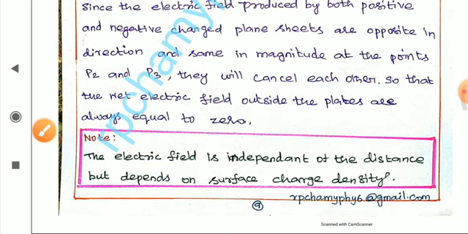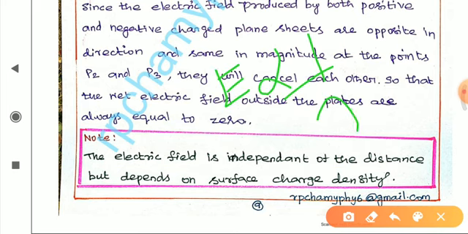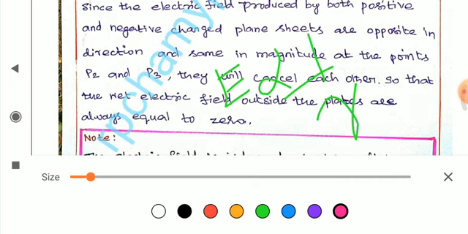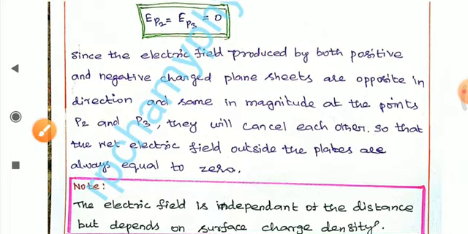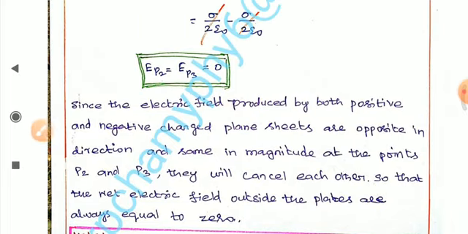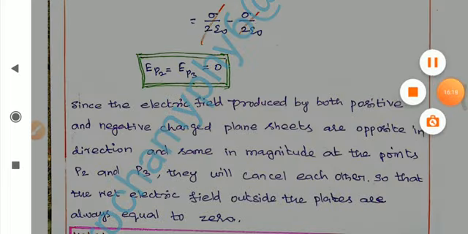Then one more point, we have given in the first case, that E is inversely proportional to R, otherwise we can write E is proportional to R power minus 1. This is for an infinite long straight charged wire. E is independent of R. It is the same for both the single plane charged sheet and also the two parallel plane charged sheets. So these are also important concepts we can expect in either 2 mark or 3 mark parts.